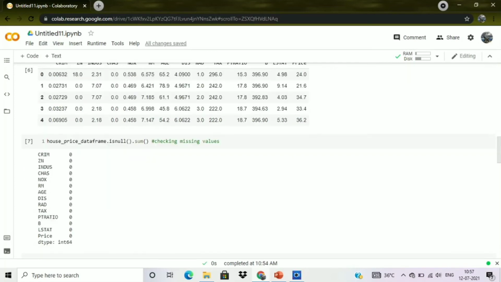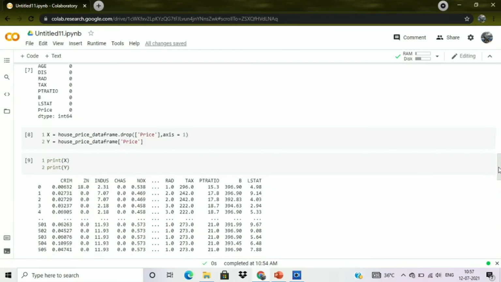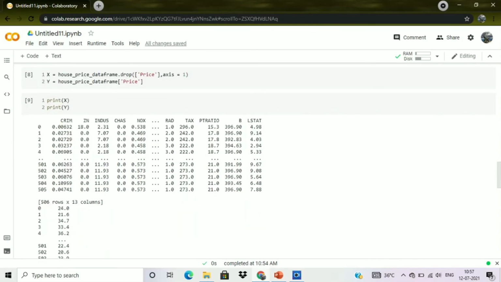So after that we are just checking the missing values, whether there is any kind of missing values in this particular data frame. So after that we are just splitting the price column and the other columns separately, making two kinds of variables here, X and Y, and then we are printing those variables. So you can understand it very easily here.